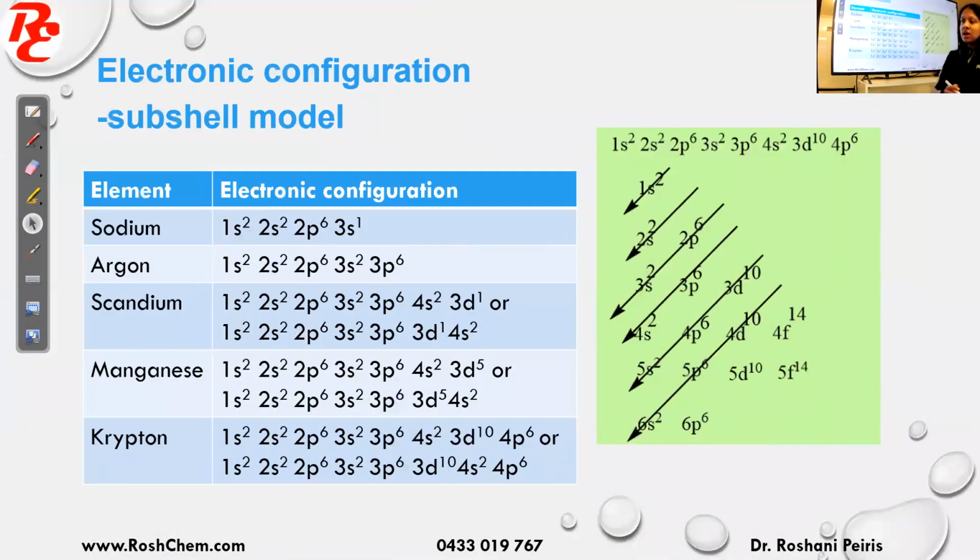Okay, now we will look at the subshell electronic configuration of elements. To write it, we use this diagram here. So it's 1s2, 2s2, 2p6 like this. So what is this 1s2 representing? One means the first energy level. S means the s subshell, and 2 is the maximum number of electrons you can have here. For example, 3d10 means third energy level, the d orbital, which can have a maximum of 10 electrons.